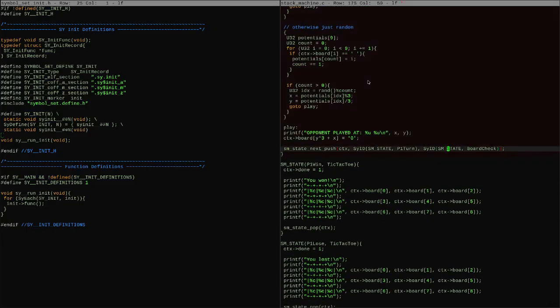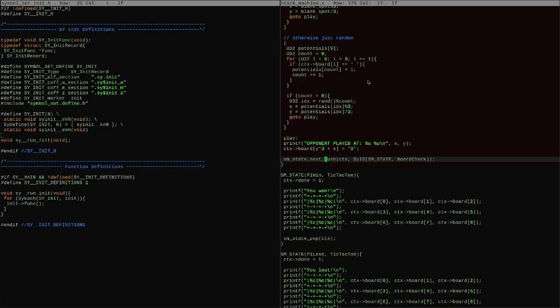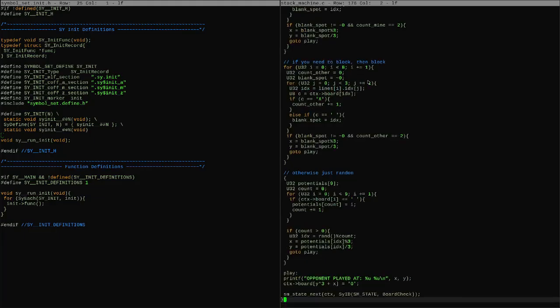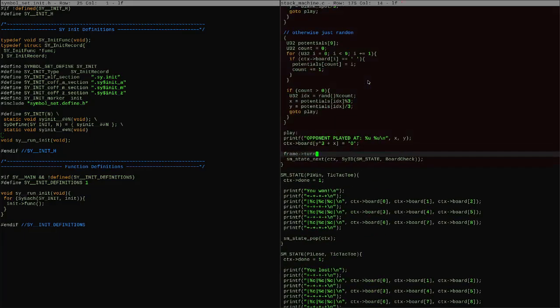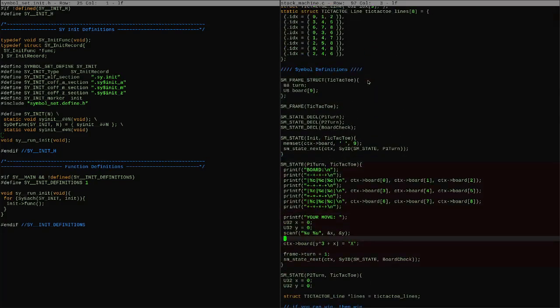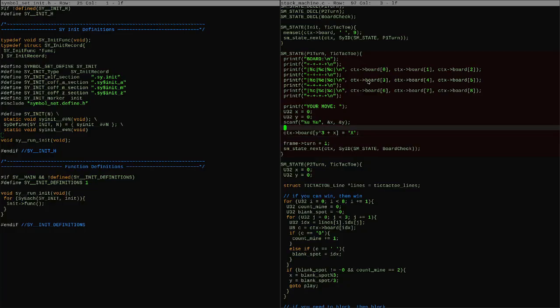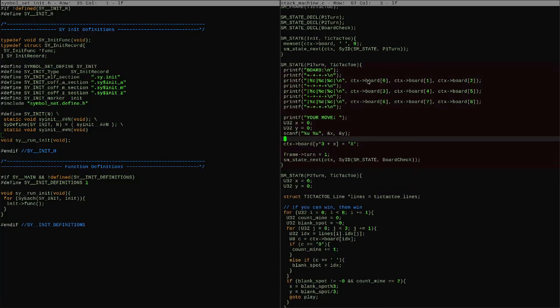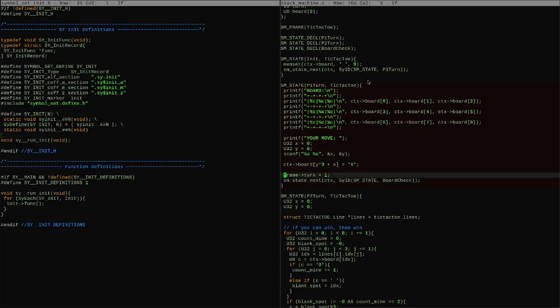So the frame will let me keep my state a little simpler in terms of its factorization. I don't have to use the stack to know where I go back to, because I can use the turn bit. Right, so they both have access to the frame by default, and we'll go through how that'll work, but the idea is